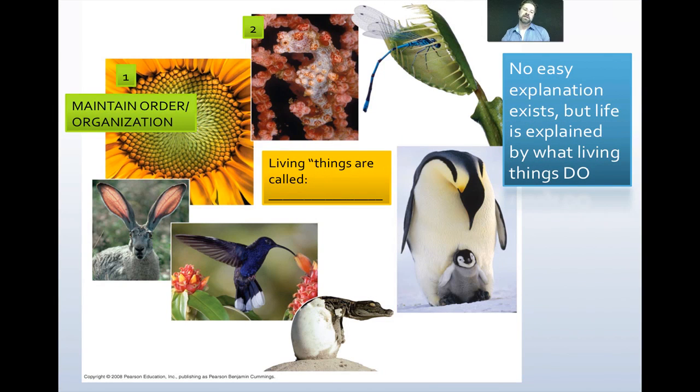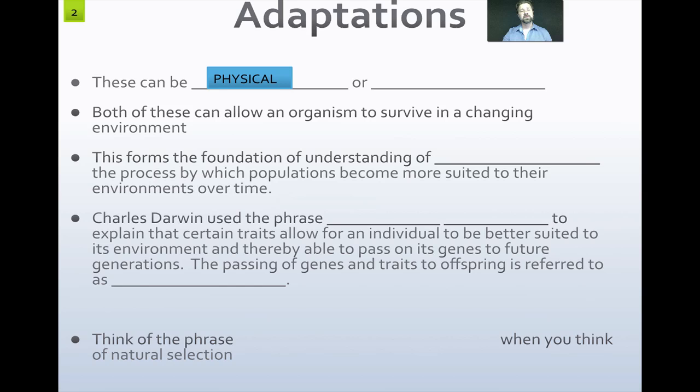Okay, so we've touched upon organization. We know that living things maintain order and they're organized. Two, living things adapt. Now, adapting may mean that something is physically changing or possibly behaviorally changing. Now, what would be the best example? The best thing we could do is take a look at an animal and talk about what physical and behavioral